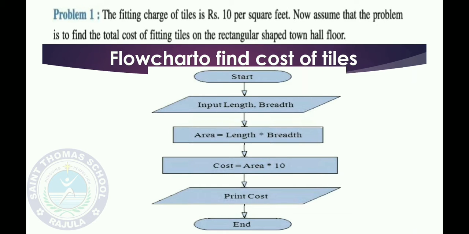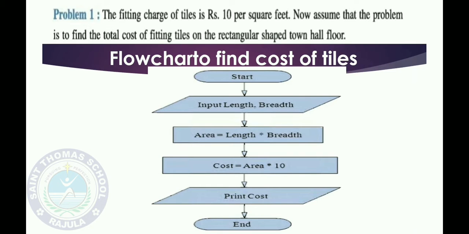So here you can see the flow chart. First, your flow chart will always begin with the start symbol. Then the arrow will come to the next one. Now the next step is the input. For the input, what is the area of a rectangle? That is length multiplied by breadth. So you have to provide the length and breadth values, then only you can find the A, that is area. So as the input you have to give the length and breadth values.